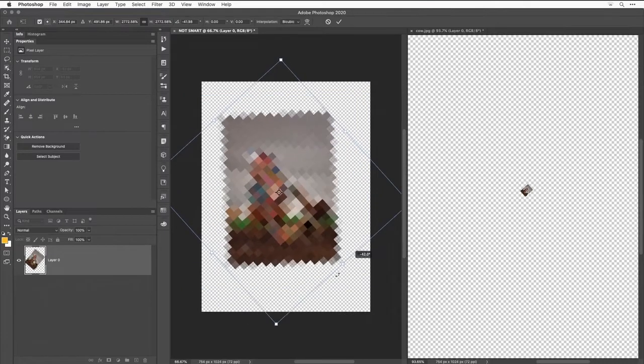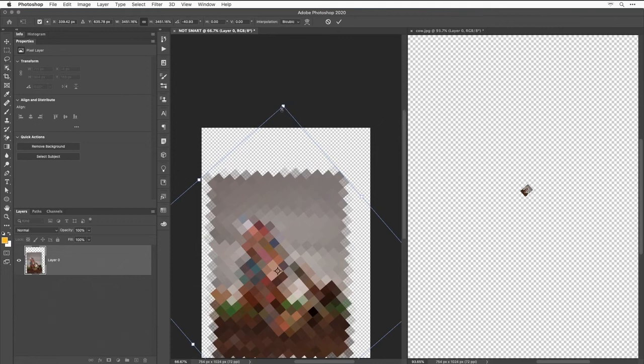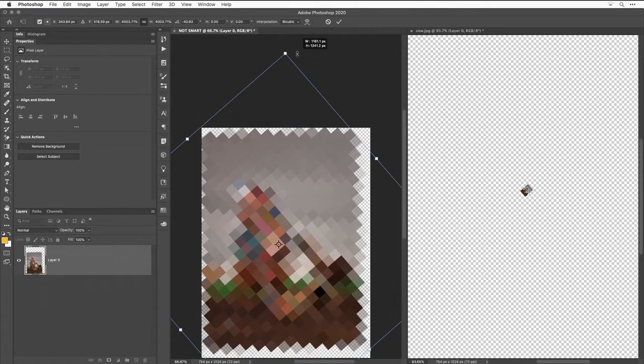And if I attempt to straighten it, there's nothing that's going to help me make sure that it's perfectly straight and that it's not at like a 1 or 2 degree angle compared to what it was before. I'll get it up there, press return or enter, and you'll see how terrible the results look. Take the image on the right, though, it's totally different because it's a smart object, which means the original